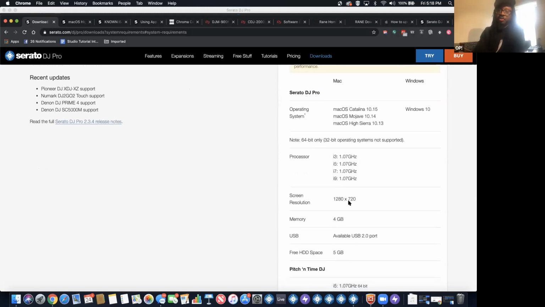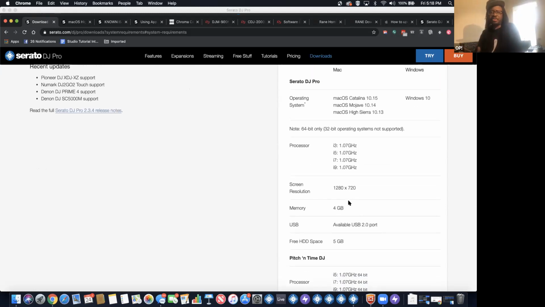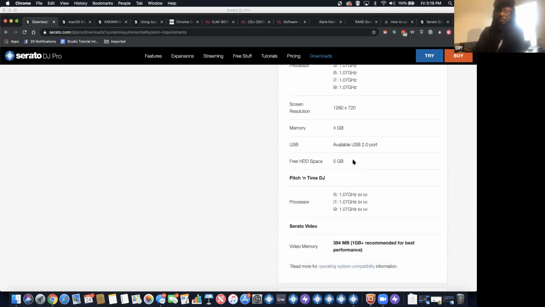You can also see here the other specs to work with Serato, what processors work with Serato for that version, and also what the bit is. Similar to what Ableton had to go through in other programs, because of Catalina, everything is now 64-bit going forward. So you need to make sure that your computer can handle 64-bit. If you're on an older computer that only handles 32-bit, then you might want to go back to some other operating systems to make sure you're working with that.